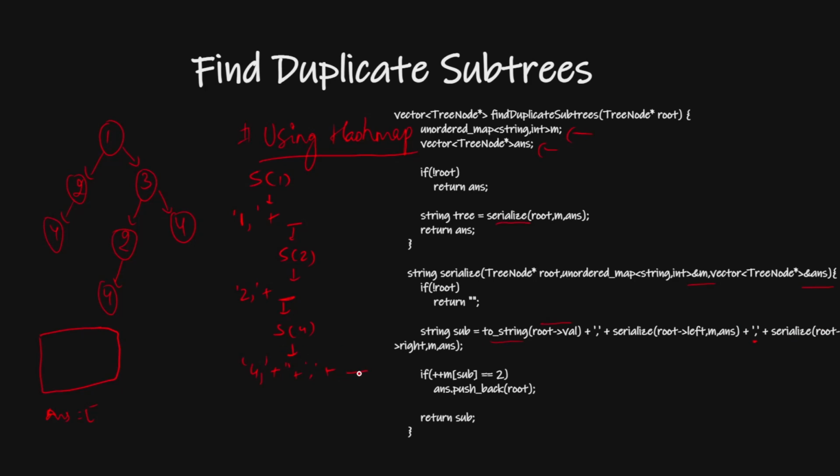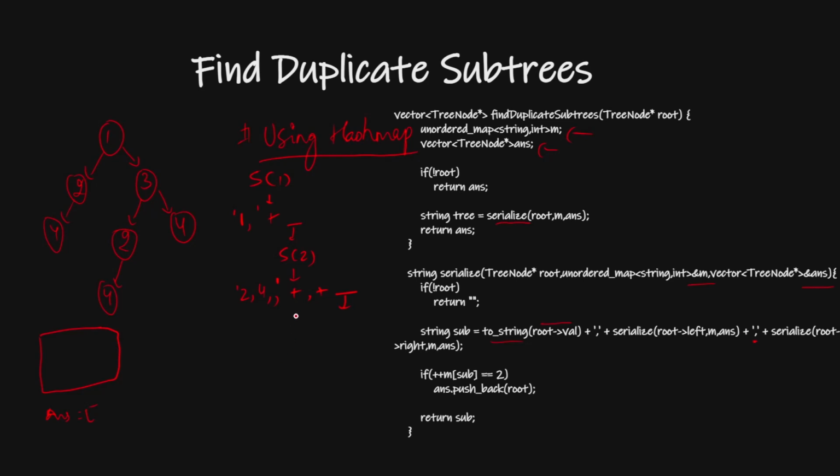So what will be its right? Its right is also empty. So what does this look like? This will finally become my 4 comma this. Now what will I do? I will return it to my left. So this will look like 4 comma, and this finally has another comma, and my right will be, so my right is null.